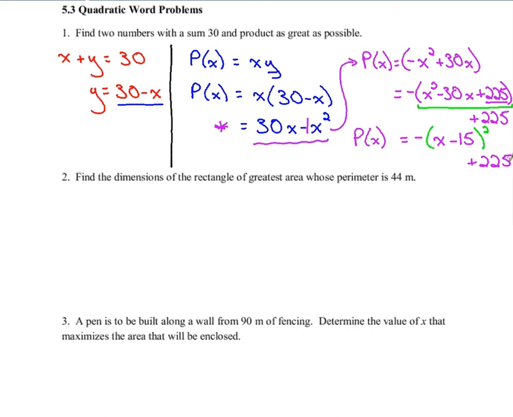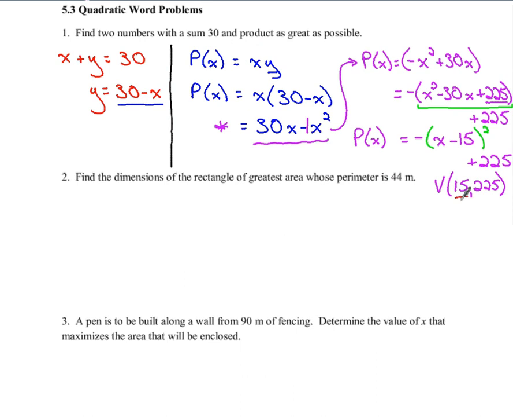There's my vertex form. Now that doesn't answer my question. My question is find these two numbers. So in finding the two numbers, what you want to do, if you establish what your vertex is, the vertex off of this would be 15 and 225. So what that means to us, it means that